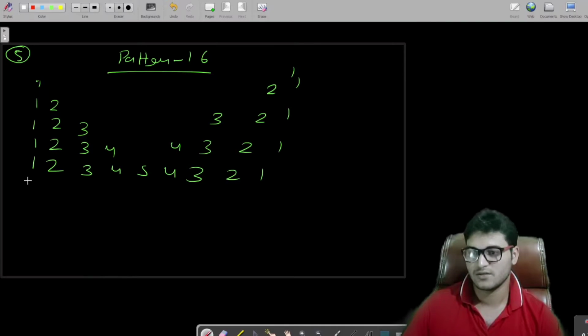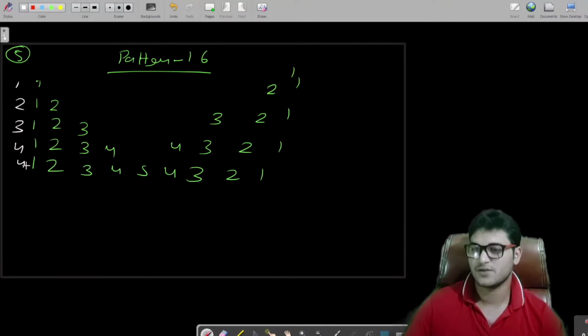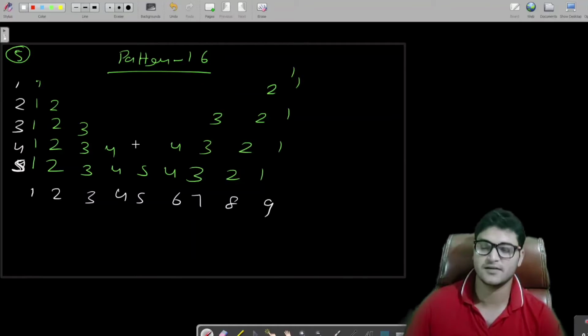So this is first row, second, third, fourth, fifth. There are 5 rows in this pattern, but columns are different. Look at here, this is first column, second column, third, fourth, fifth, sixth, seventh, eighth, 9. Columns are different here. Fine. So we will have to take care about the columns as well as the rows.